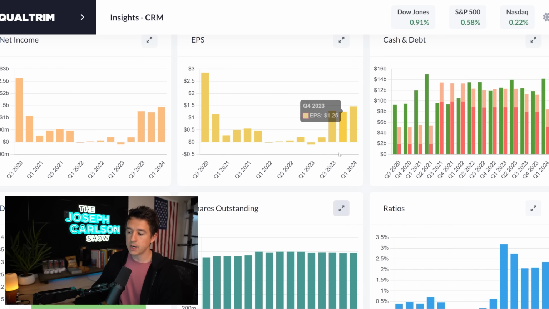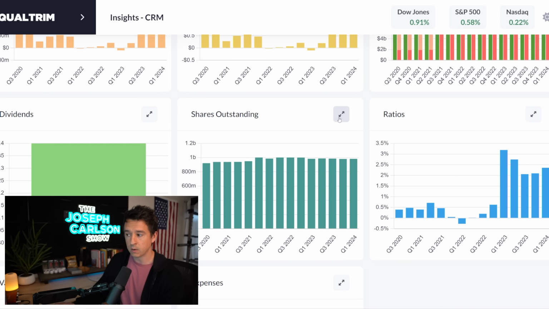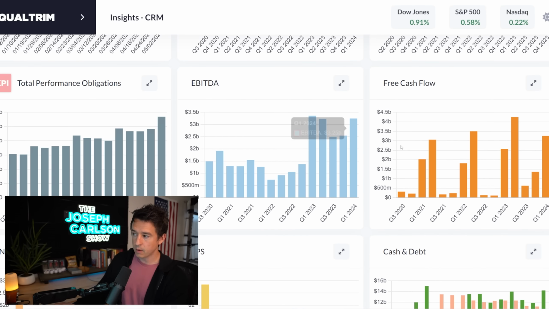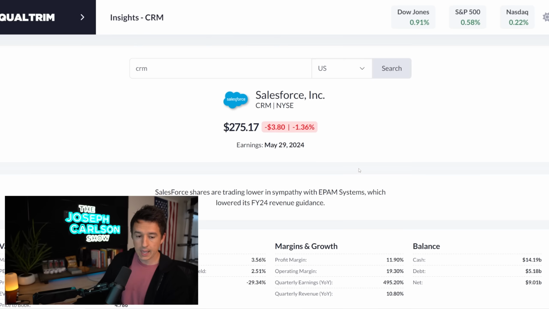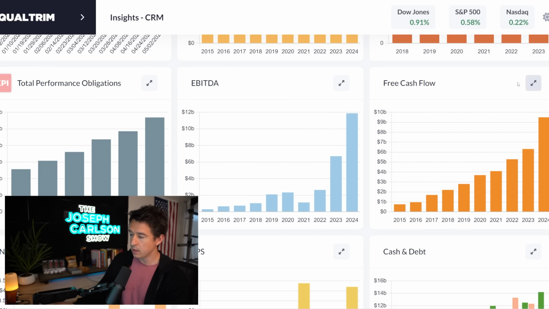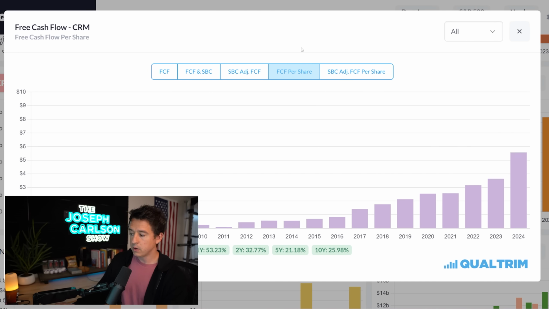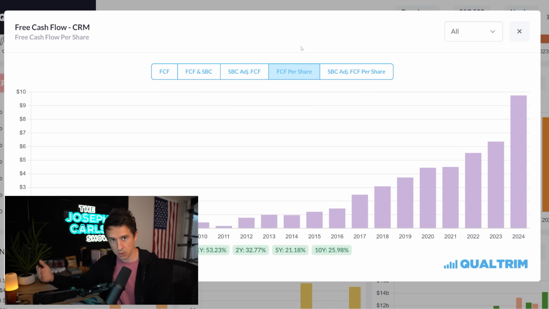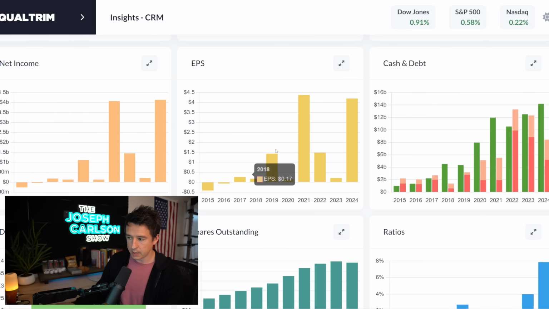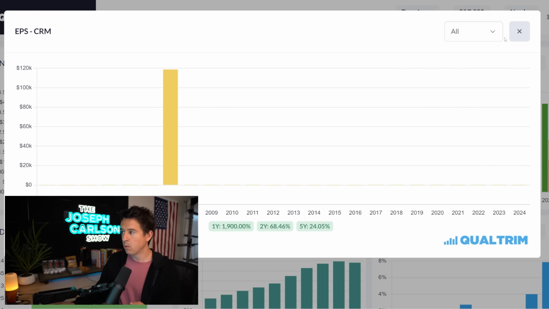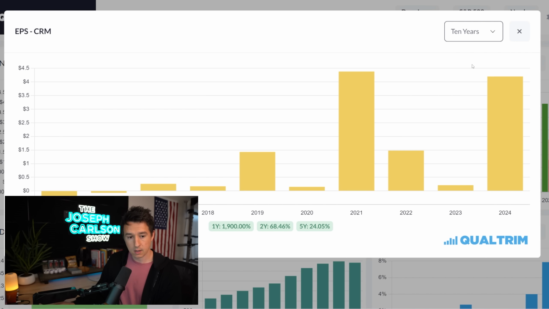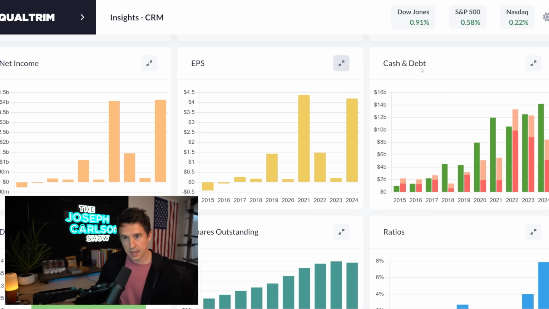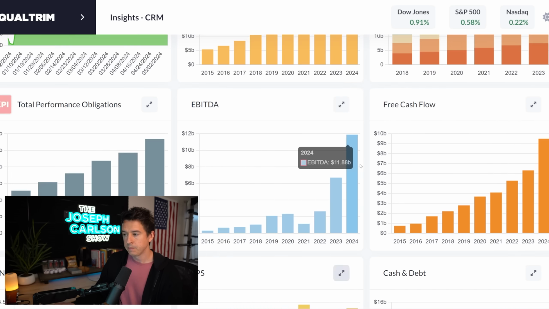When they reduce the shares outstanding at an accelerated rate, that increases the rate of growth of the free cash flow per share and the earnings per share. When you increase the rate of growth of the free cash flow per share and the earnings per share, it makes the stock more attractive, relatively speaking. It makes it growing faster. And that can protect the downside.